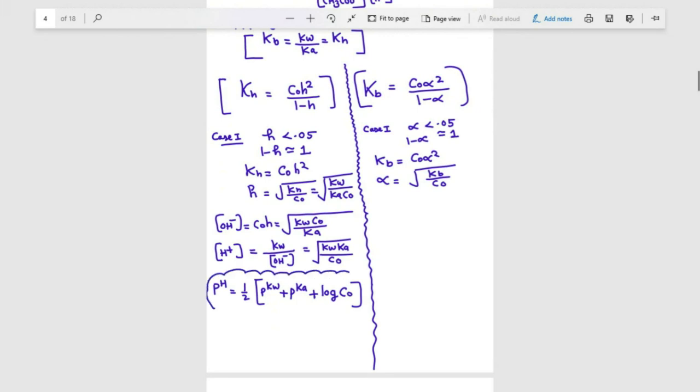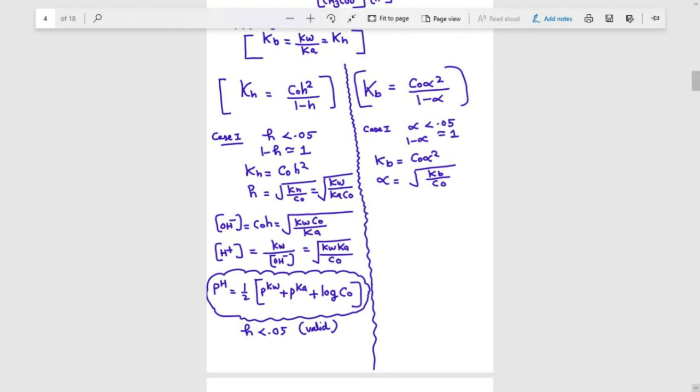So some people remember this formula, but they forget the condition under which it was derived, when this formula is valid. It is valid when h is less than 0.05, then only it is valid. So in JEE Advanced, please take care of all those things while solving the problem. They have already asked a certain condition in which this is not going to be valid, so you should know before applying the formula under what condition it is valid. So this will be valid when h is less than 0.05.